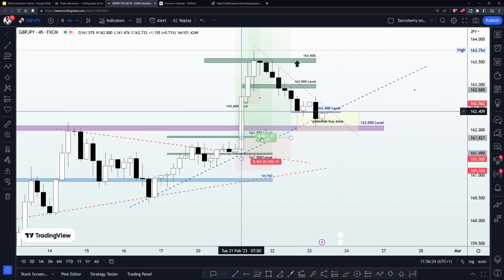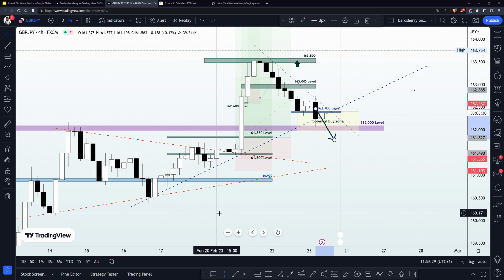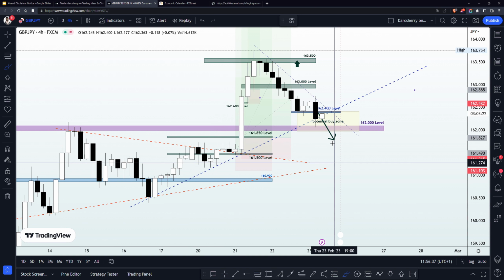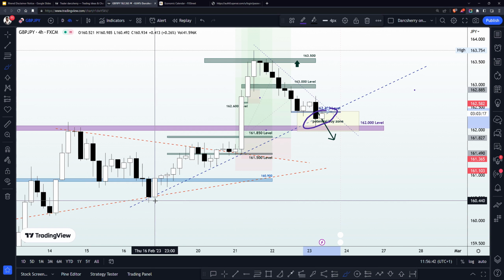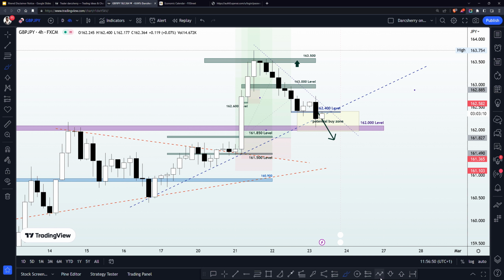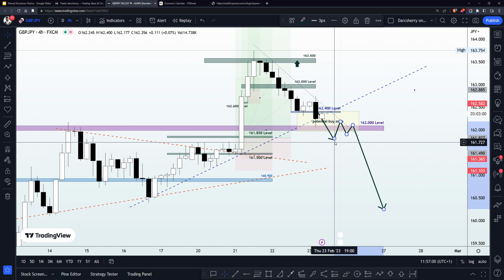Now there is a catch to this current structure. What happens if price action breaks down the 162.00 level? Now, if price action breaks down the 162.00 area, what this simply means is that we already have a breakdown of that bullish trend line, which will be happening for the first time in, I think, 7 days now. That was the first time price will have broken down that trend line, and that could be a signal that the trend line no longer has that strength to hold bullish momentum, and selling pressure below this level will definitely give us an opportunity to join a decline to the downside.